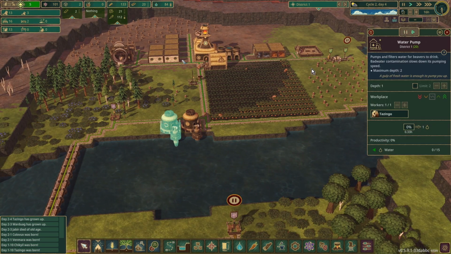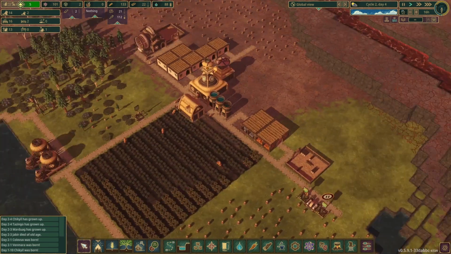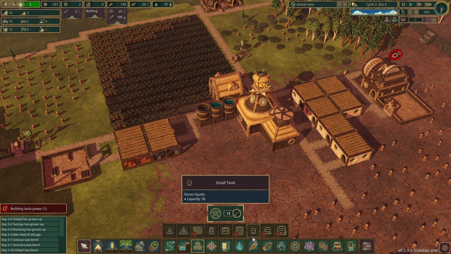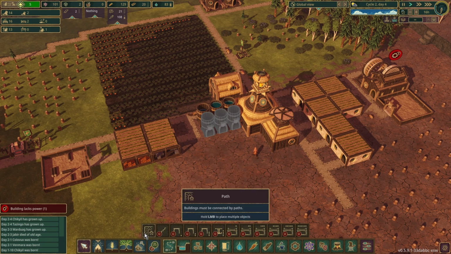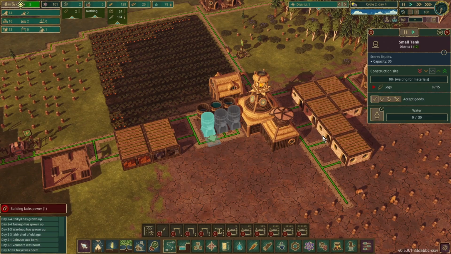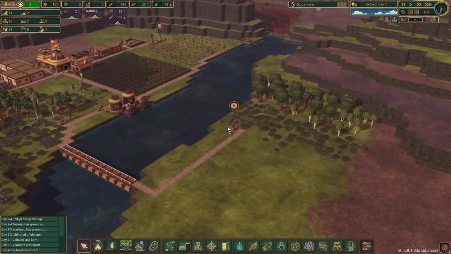So let's unlock this. Let's open up this water pump as well, so we get a bit more water stored up for the drought. Let's see if we can get some more storage set up before the drought hits as well, so we have a bit more of a buffer for the drought. Because I think the first few on any map are locked to drought,